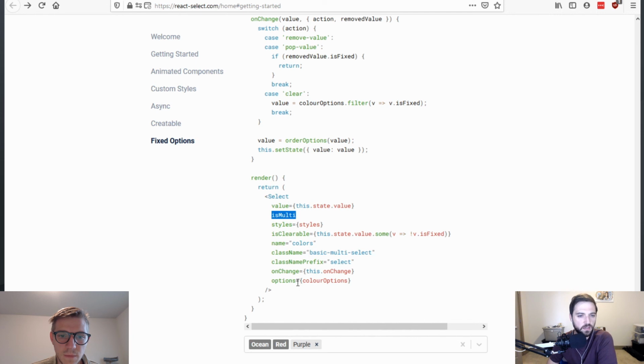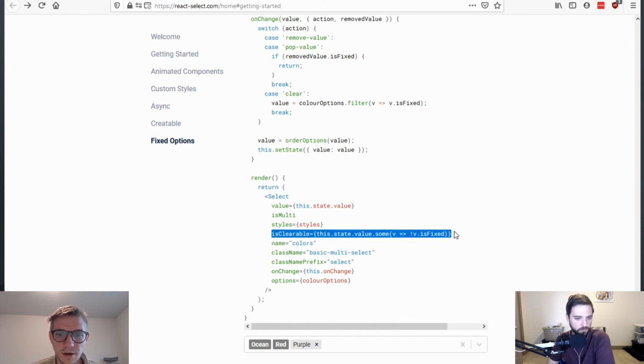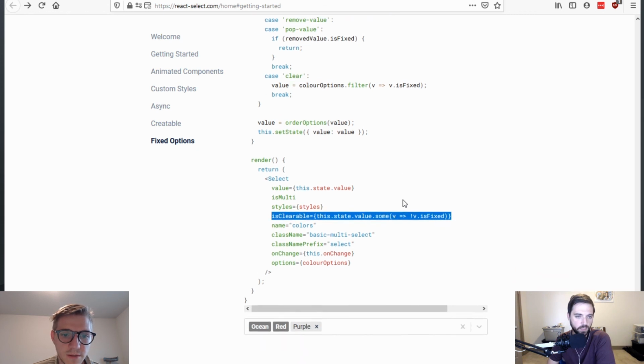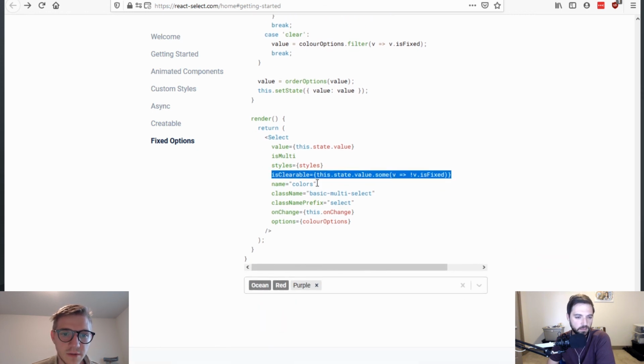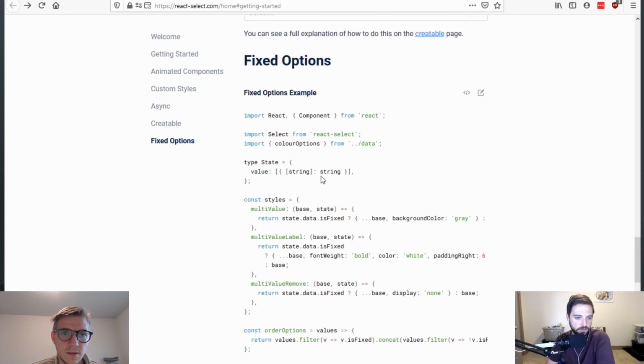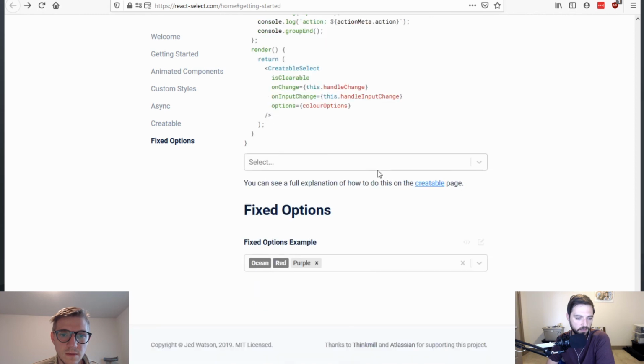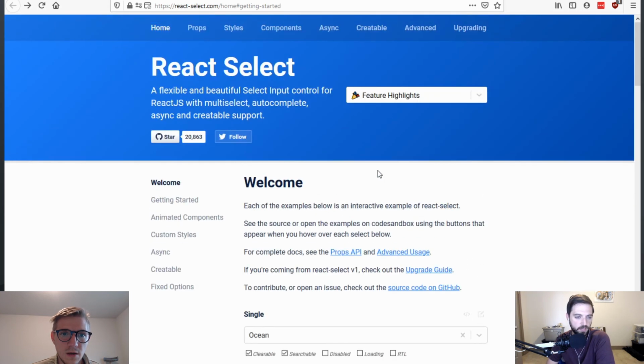And then on change, they're making sure the color options are correct. Right here, when you try to clear it, it won't let you clear the fixed ones. And they then have custom styles for those too. And that's the rest of the code there. Interesting. All right, I feel like we got it. Yeah, I think we understand